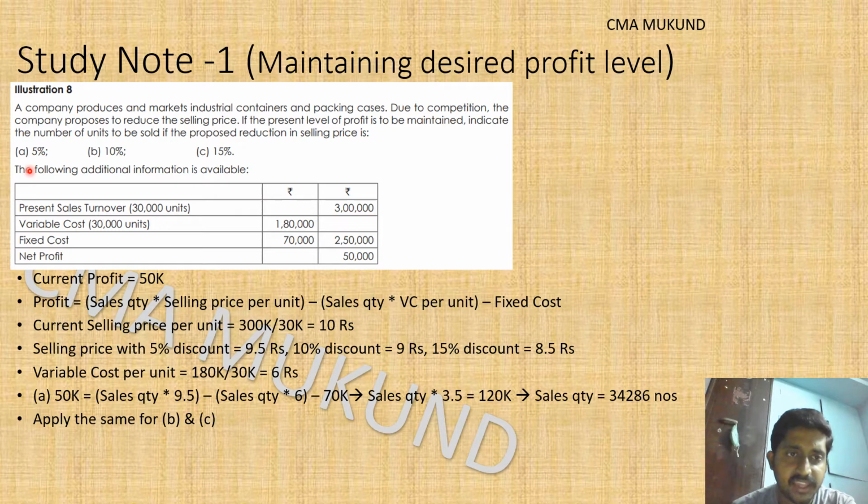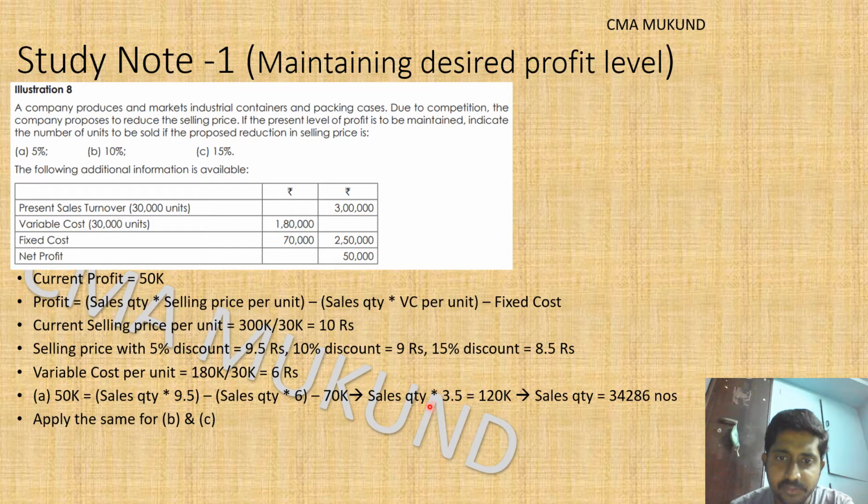So we are doing this for case A. So with 5% discount, minus total variable cost, which is the sales quantity multiplied by the variable cost per unit, that is not going to change. Okay, with any discount or anything, that is not going to change. Minus, to find the net profit, we have to reduce the fixed cost, that is not going to change. 70,000 is the fixed cost at the company level, the P&L level. So we have to take the 70k as it is. So 9.5 times the sales quantity minus 6 times the sales quantity is nothing but 3.5 times the sales quantity.